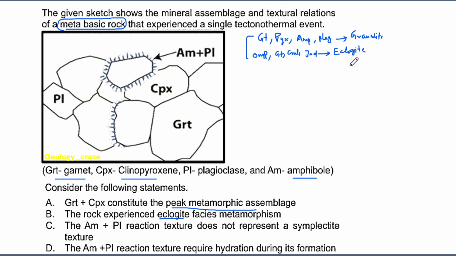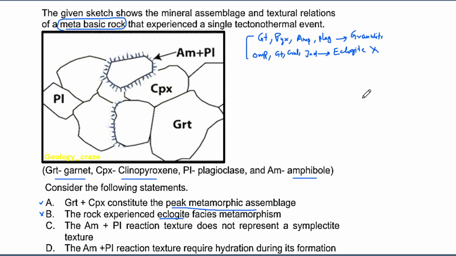Okay, so now from this we can clearly see that the eclogite assemblage is not present within this. So it means the eclogite option is wrong, and our first option is true. This is the way I approached this question in the exam. I will add additional information also, apart from this. That's why this option is wrong.